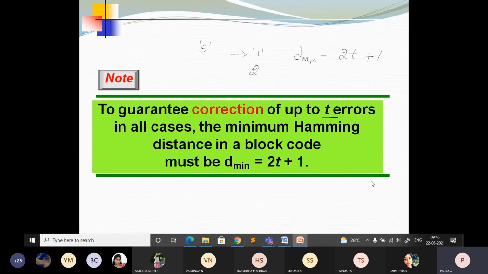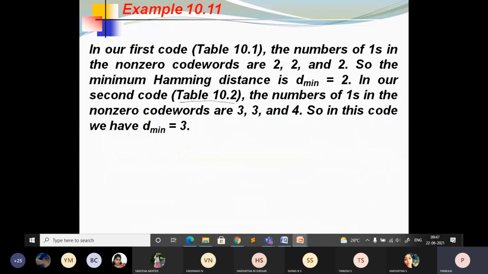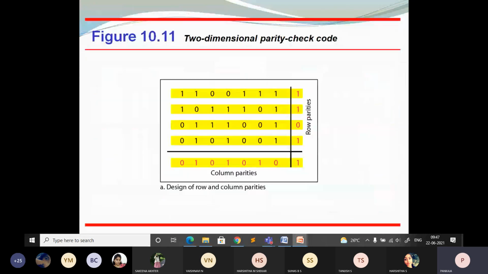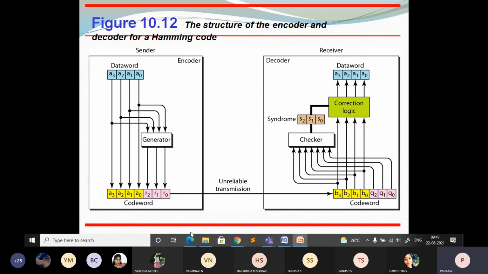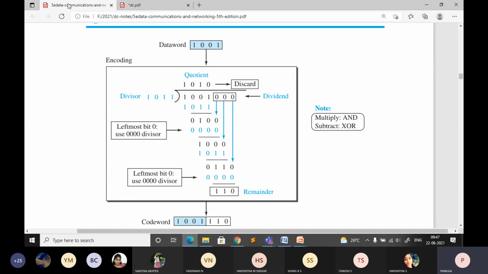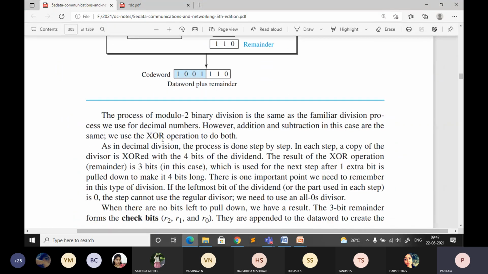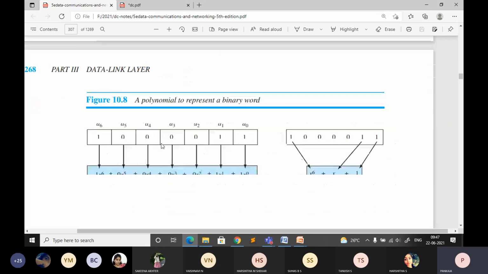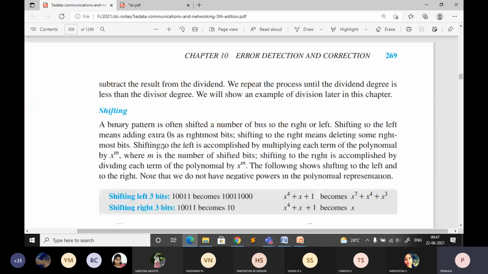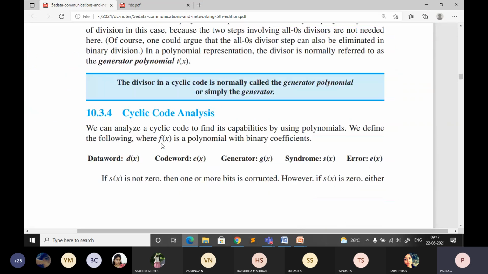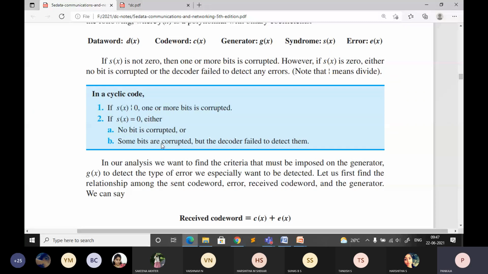Okay, it's already time up. Actually, I wanted to do one more method, which is not there for you. There is one more method that is called checksum, the internet checksum. And also there is an analysis of why we need polynomials. So you can ask me the question why we are going for polynomial. What is the advantage?